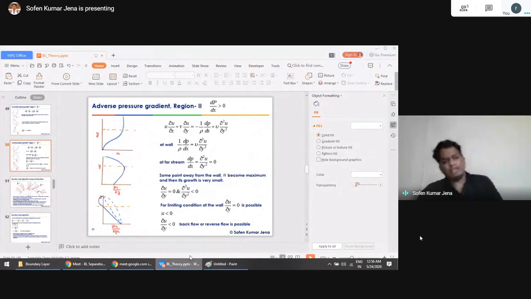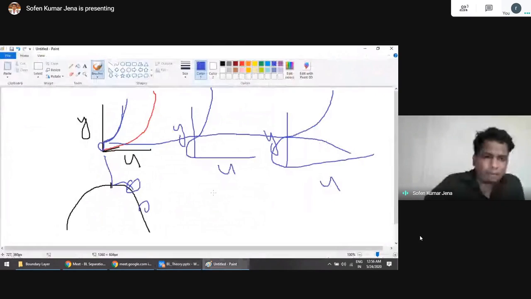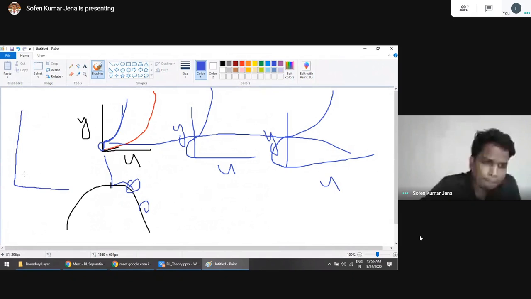Okay, fine. So let's come to this complicated thing. Let's understand this position. What is happening over here? Even if the separation is happening, this is my u, this is my y. This increase over here, they come over here. So at this point, now the boundary layer is going, right? This is the separation. This is the boundary layer, right? This is my separation edge.